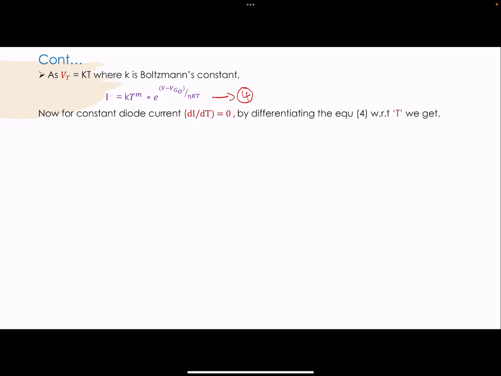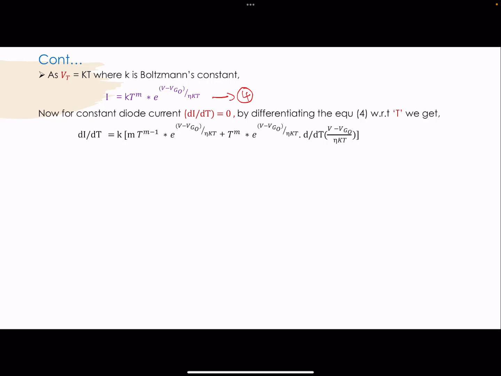Now as Vt is equal to kT, where k represents the Boltzmann constant, now I becomes I is equal to K T power m into e to the power of V minus Vg0 by eta kT. Let it be equation 4. Now for constant diode current, dI by dT equal to 0, by differentiating equation 4 with respect to T, we get dI by dT is equal to K into m into T to the power of m minus 1